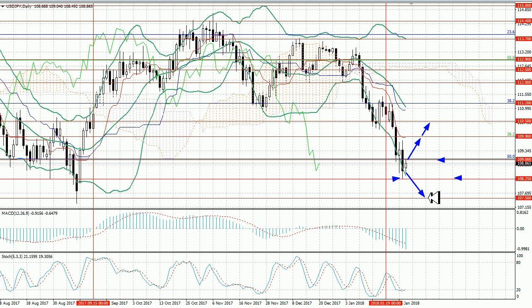of 107.50. Technical indicators do not give a clear signal. The MACD histogram grows in the negative zone, Bollinger Bands are directed downwards, the stochastic reverses in the oversold zone, forming a buy signal. As for the fundamental events of the week, it is worth noting the retail sales and industrial production in Japan. In general, the fall can continue, but the upward correction may push the pair above the level of 109.